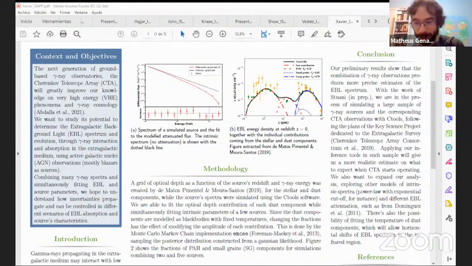I have a question from Lorenzo. Can you explain the expected signatures of dark matter from EBL? Probably yes. I don't work with dark matter, but for CTA, I believe there's a lot of work in this direction. Well, I don't know if from the EBL exactly, but from gamma ray attenuation and the prospect of axion-like particles interacting with gamma rays. But I don't know exactly from EBL. It's a good question, actually.